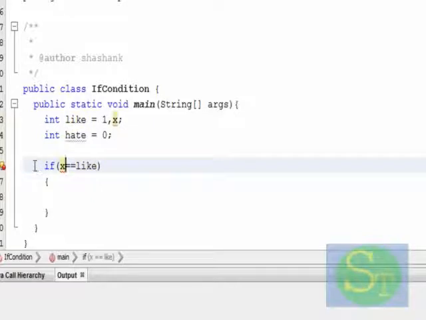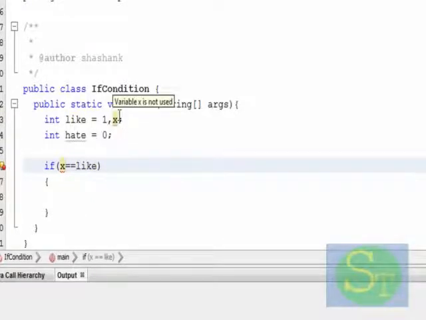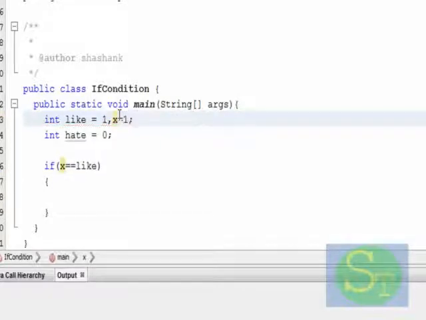Let us see what error it shows. Variable x might not have been initialized. So let us, for one condition, say if x equal to 1.